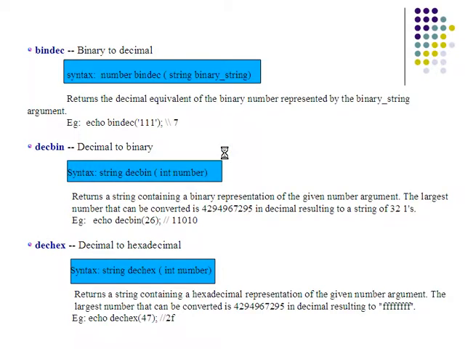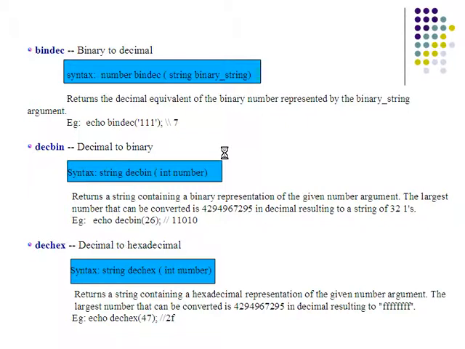The next three functions we can use to convert a given number from one number system to another number system. We have different types of number systems like binary, decimal, octal, hexadecimal, etc. If you have an idea about these number systems, then you can understand what these functions can do. If you want to convert a given binary number to a decimal number system value, then you can use the function